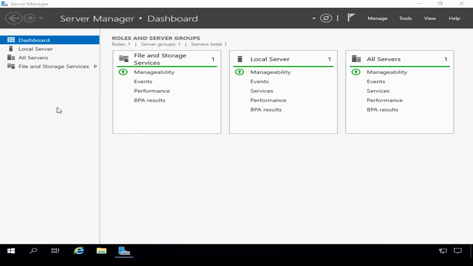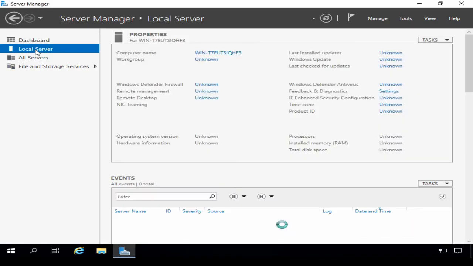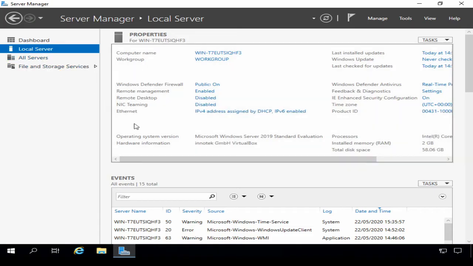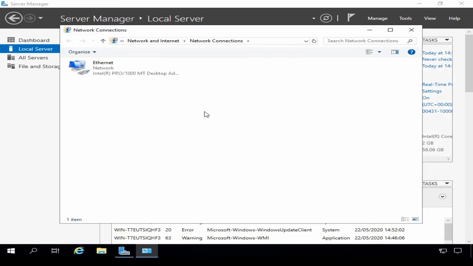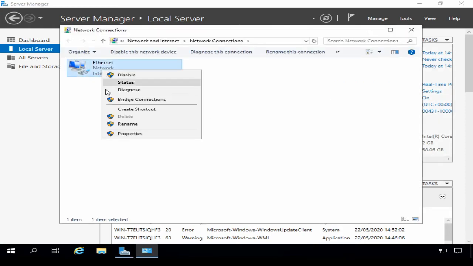So now we're in Server Manager and I'm going to click Local Server. And the first thing I want to do is take a look at our network configuration. We can see at the moment the server is set to receive an IP address from DHCP, and that's something that I don't want. I want the server to have a static IP address. So I'm going to click the link and I'm going to go to our Ethernet properties,